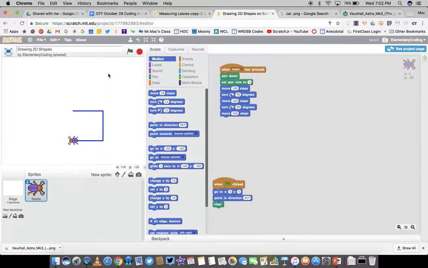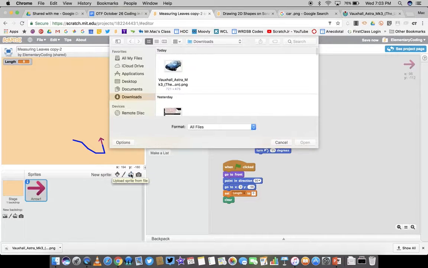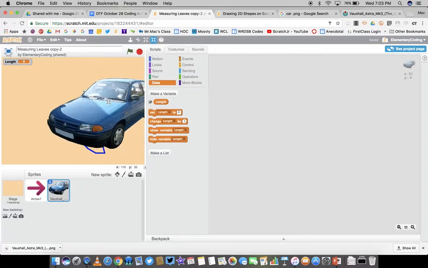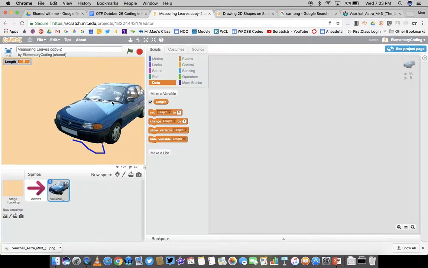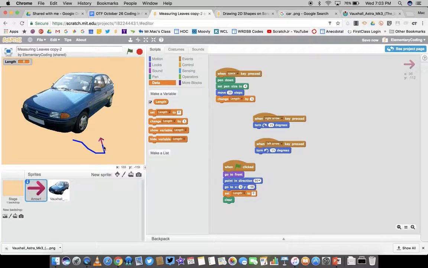Go back to their Scratch project. And if they click on the Upload folder, upload the picture of the car. Shrink it down with the shrink arrows. Get a good size. And lastly, they would have to take this arrow, reset the program, and then take the arrow and decide where they would want to start measuring from. So if it were this point here,